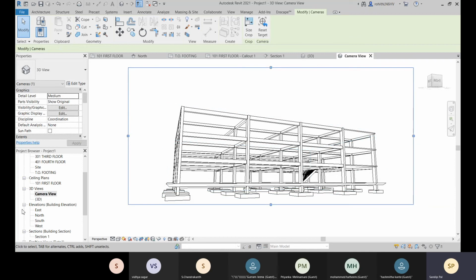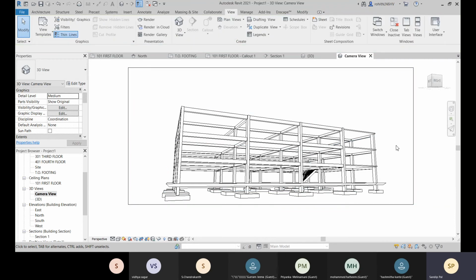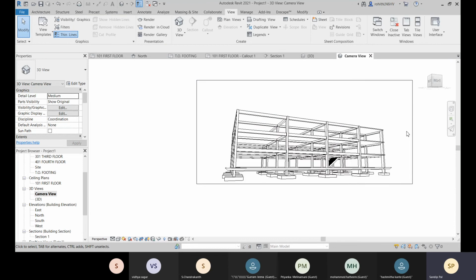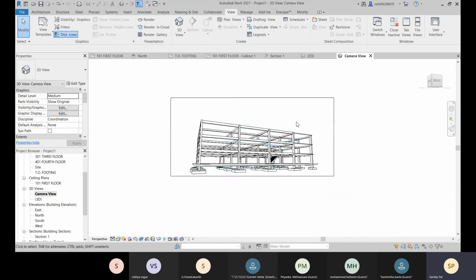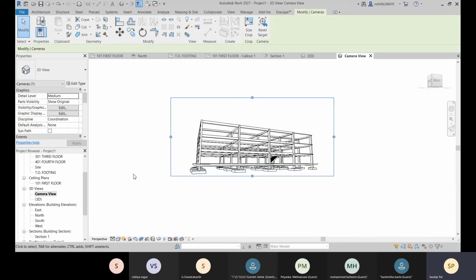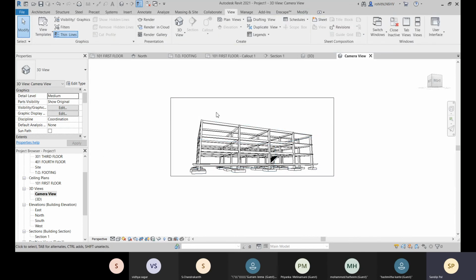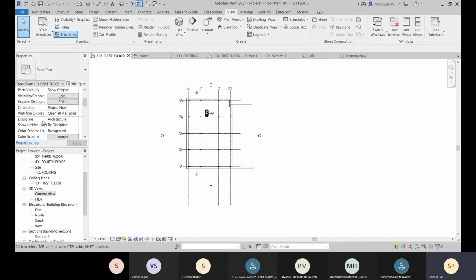And that's how you can set your camera view. Now that it is locked, you cannot change this view. So within this floor plan you are generating this crop view.